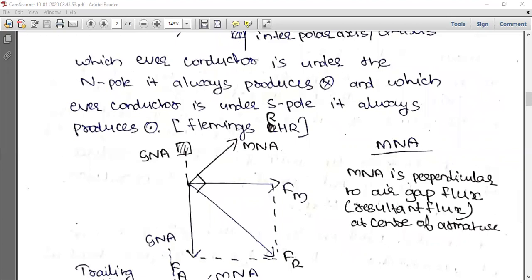The magnetic neutral axis is actually perpendicular to the air gap flux, or we say the resultant flux. Resultant from what? Resultant flux, that is the flux that is left after the effect of armature reaction. That is what we call